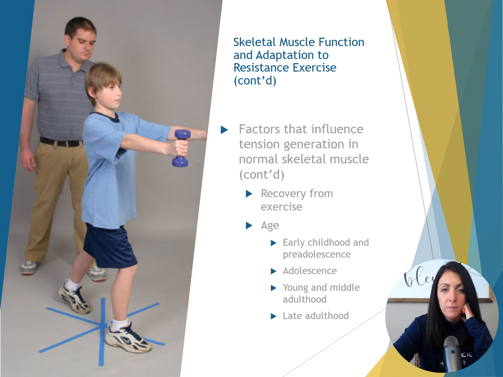There are also declines in speed of muscle contraction, endurance, and ability to recover from muscle fatigue with advanced age. There's also decreased muscle power with age, and it has a stronger relationship with functional limitations and disability than does muscle strength. There's also decreased quick responses, such as getting up from a chair, which is often seen.